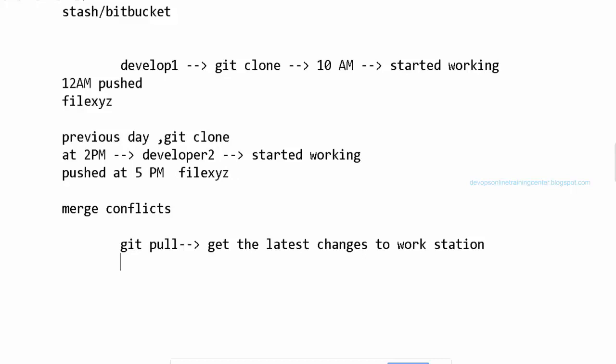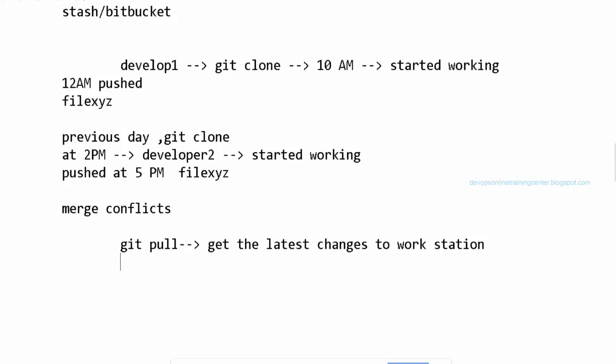So which has to be taken in the final count? That option will throw an error saying that there are merge conflicts. So first, we need to always pull the code before starting work on our changes, so that we make sure we have the latest code available and make our changes on top of that, right? This is one of the best practices. So always when we start working on our changes, we have to do git pull.